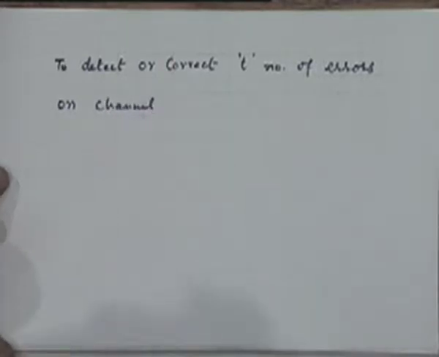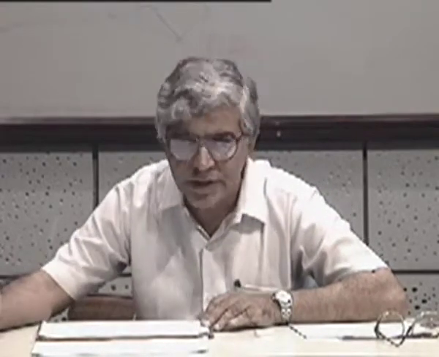So you are transmitting a code of length n, and there is a certain small probability that up to T errors can take place, because let us say the probability of having more than T errors becomes so negligibly small that it is of practically no importance to us. So we decide on this number T which is important to us. It will depend on the channel conditions, right. If it is a very bad channel, then T can be large. If it is a relatively good channel, T can be very small, right. We can have a very small value of T, and that is good enough for us.